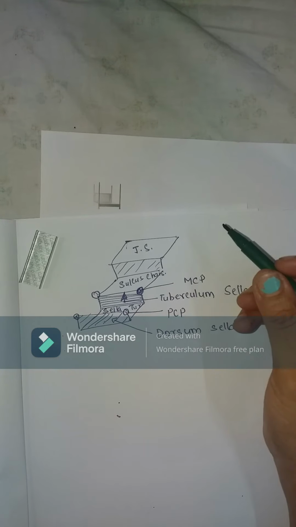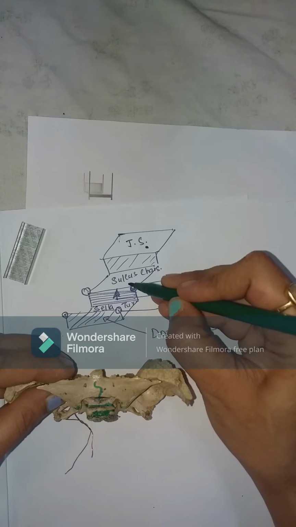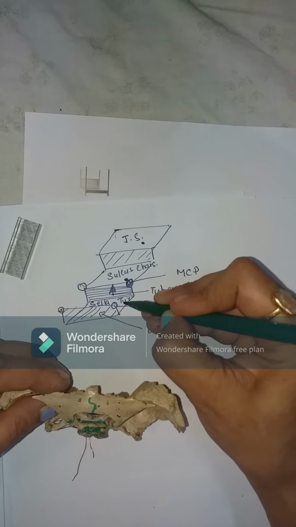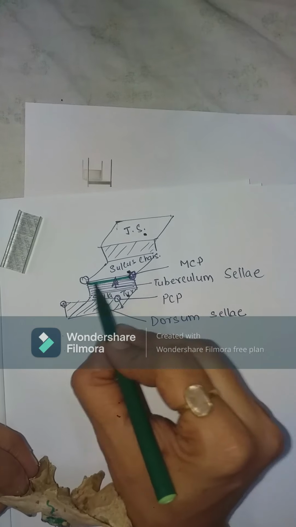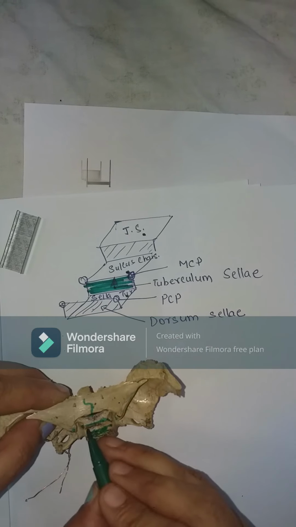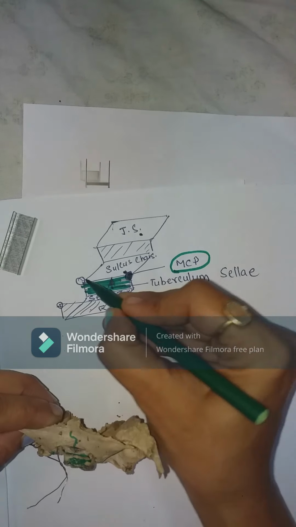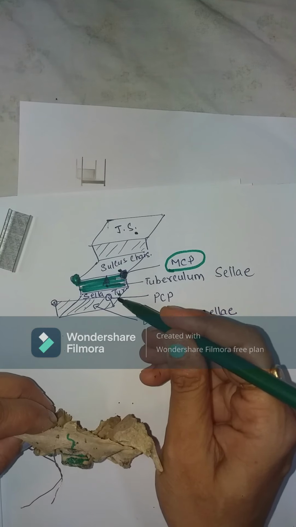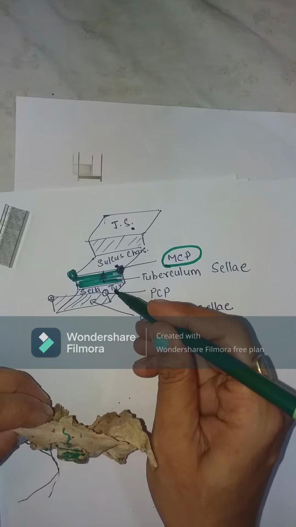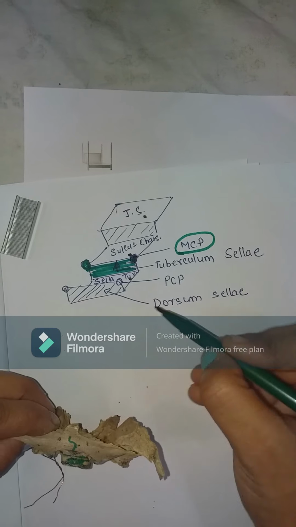Let me show you the same thing in this diagrammatic picture, the way I told you. See, jugum sphenoidale, and then we jump on to the sulcus chiasmaticus or prechiasmatic sulcus, and then we jump on to the sella turcica here. I showed you what the tuberculum sellae is, that is this part, the anterior raised margin of the sella turcica. The lateral ends of it are called the middle clinoid processes. No problems. The deepest part of sella turcica is the hypophyseal fossa because it contains the pituitary gland. The posterior square-shaped raised margin of the sella turcica is called the dorsum sellae.